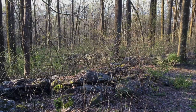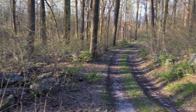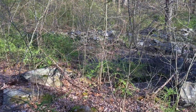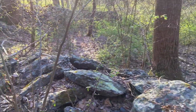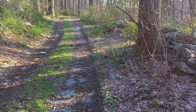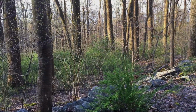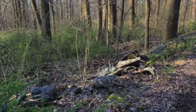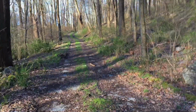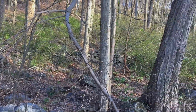This is pretty insane. This is pretty intense. This is the other wall I was showing from that point. It's almost kind of eerie. There was quite a bit of stuff back here. Even all through here, it looks like this road was originally a pathway that was theirs, and they had a wall the whole way down through here as well. This is all the same stone. It's all built up here. But if you look off to the right, you still got these stones that...